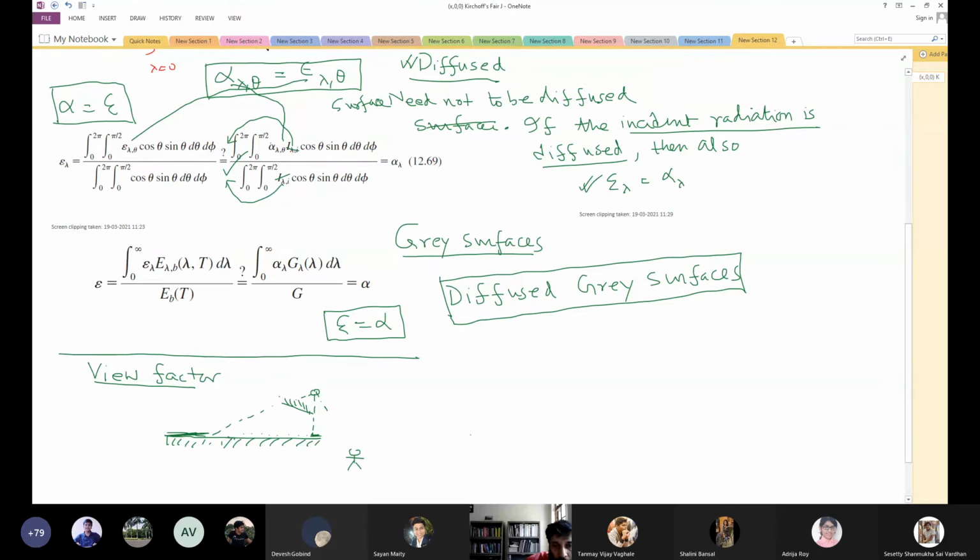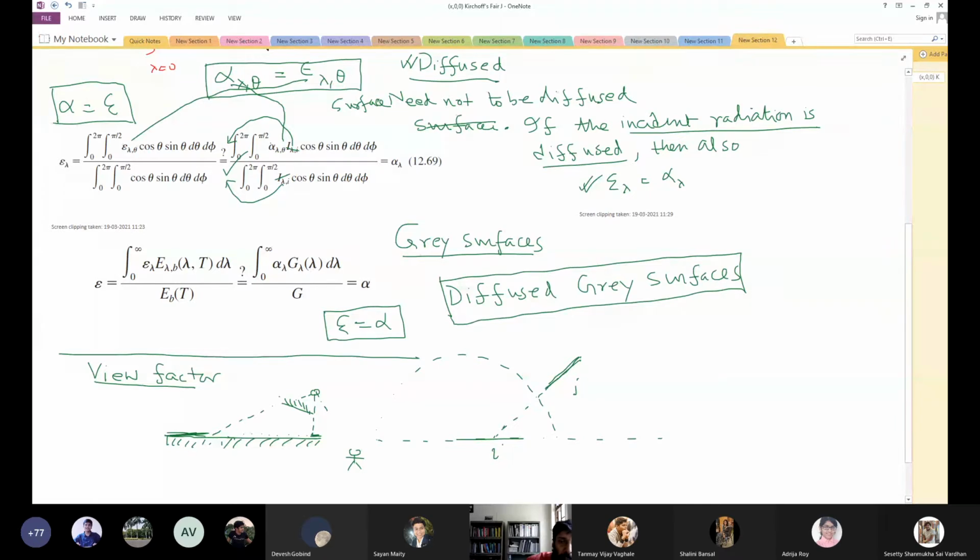Suppose I have one surface here, and its radiation goes to the entire hemisphere. Now, if I have another surface which is exactly perpendicular in this way, none of the radiation will reach it, because this is the ith surface and this is the jth surface, and the projection of the jth surface on this joining line is 0. So all the radiation will pass without being intercepted by the surface.